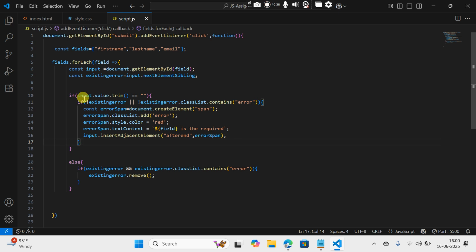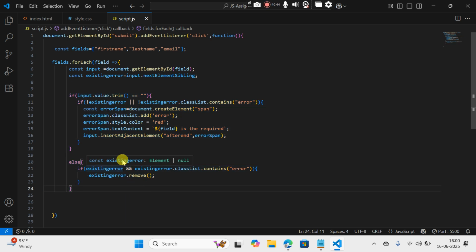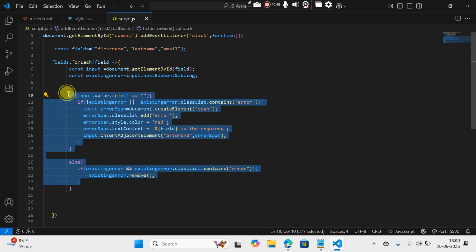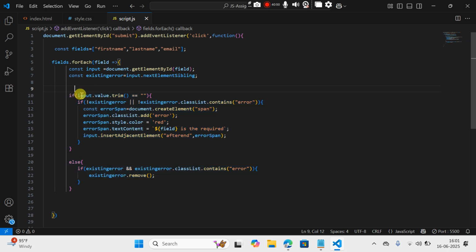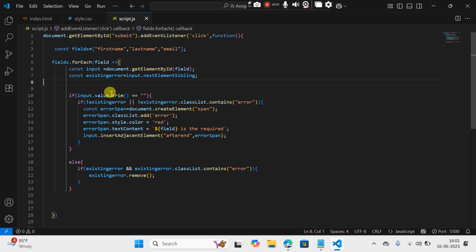Okay, first I will explain the logic that I wrote. If input dot value dot trim is equal to empty, the value is empty, then it will go to this: if not existingError equal to